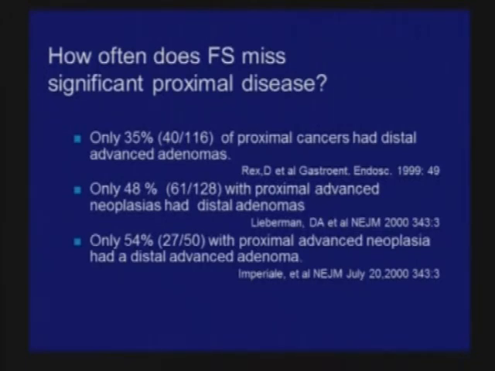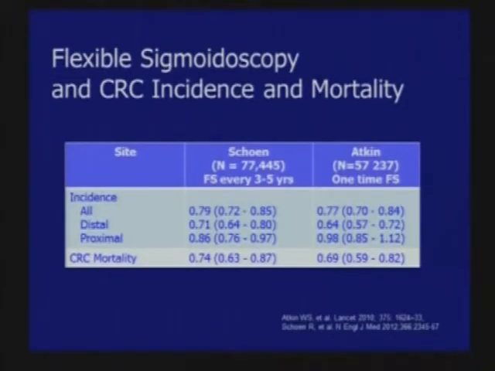And this raised a lot of questions about 12 years ago, when we were using flexible sigmoidoscopy as our standard tool for all patients in the US. There were several studies that showed that distal adenomas actually didn't predict proximal adenomas, and that we were going to miss a significant number of proximal cancers if we just relied on flexible sigmoidoscopy. Now, we have recent data that shows definitively that sigmoidoscopy does work. It's effective at decreasing mortality by about 20% in the general population. But again, the question is the protection from right-sided mortality.